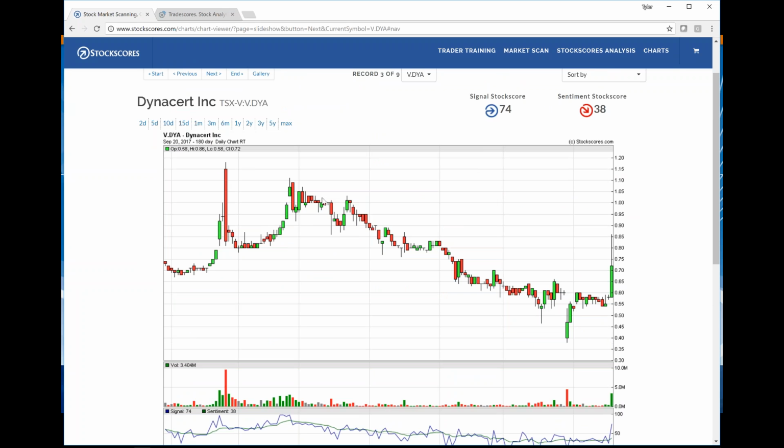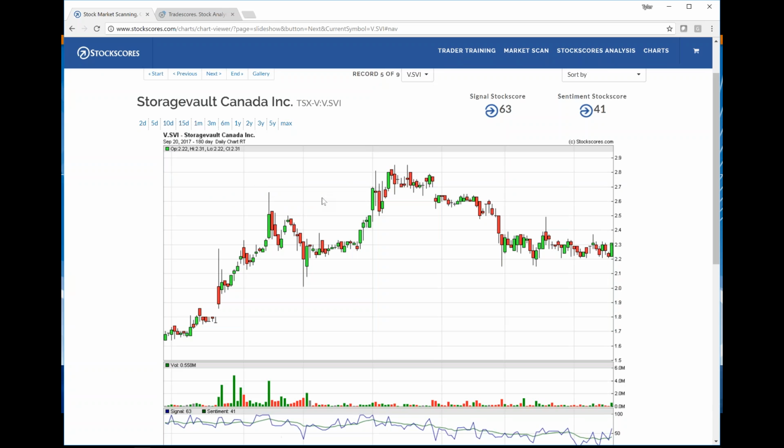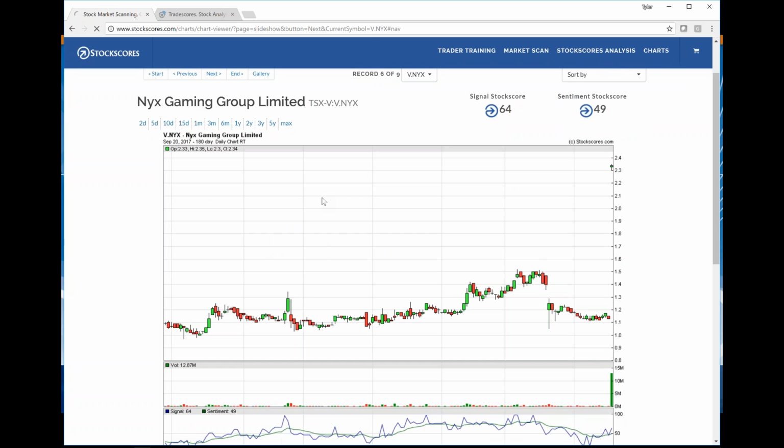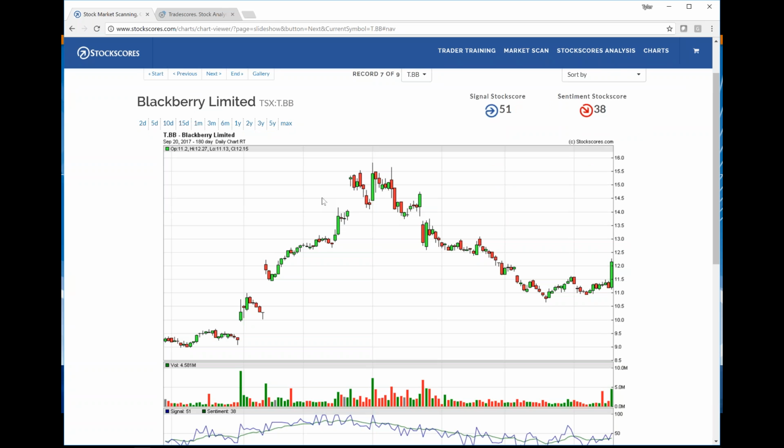So for example, this DYA on the venture market is breaking a downward trend line. That has a pretty good potential to go up to $1.05. The reward for risk of this particular entry is not outstanding, so I'd rate this one a 6 out of 10. But what I do is I go through these as I'm looking for certain patterns that I have developed an eye for over the years.